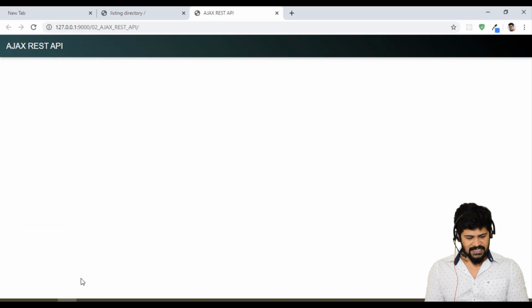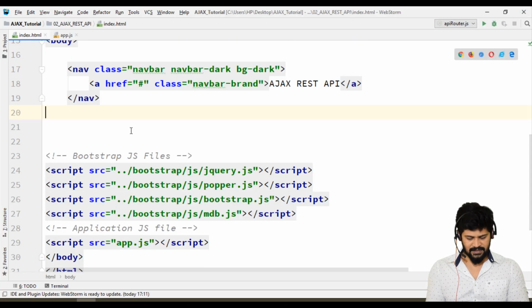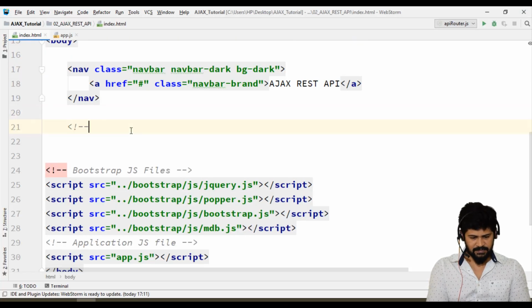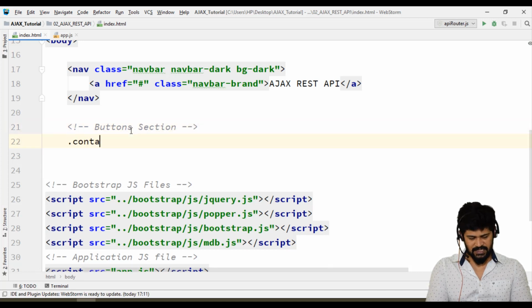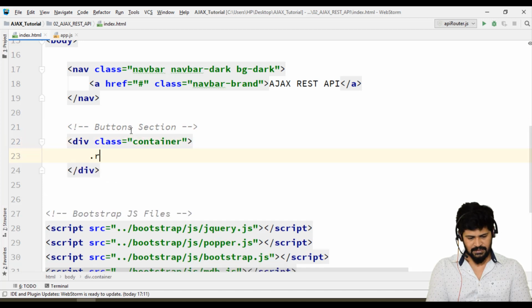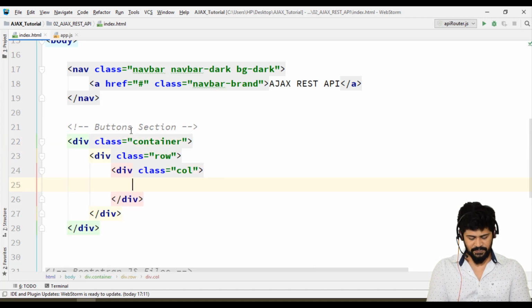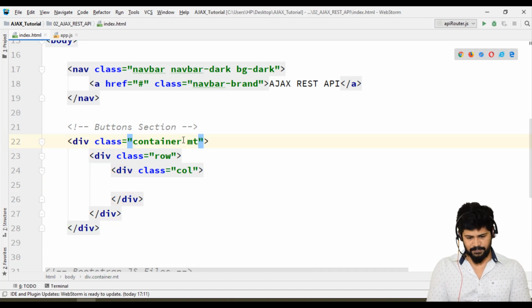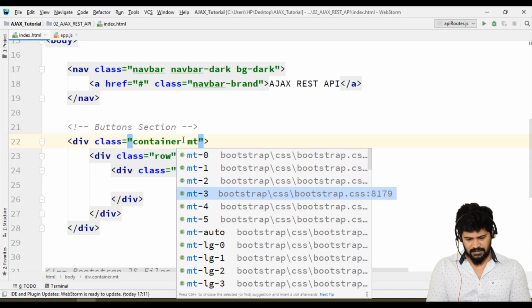Okay, so let's make the design here. Let's make a comment for the buttons section. I'll write one container, one row, single column, and let's add some margin top 3.